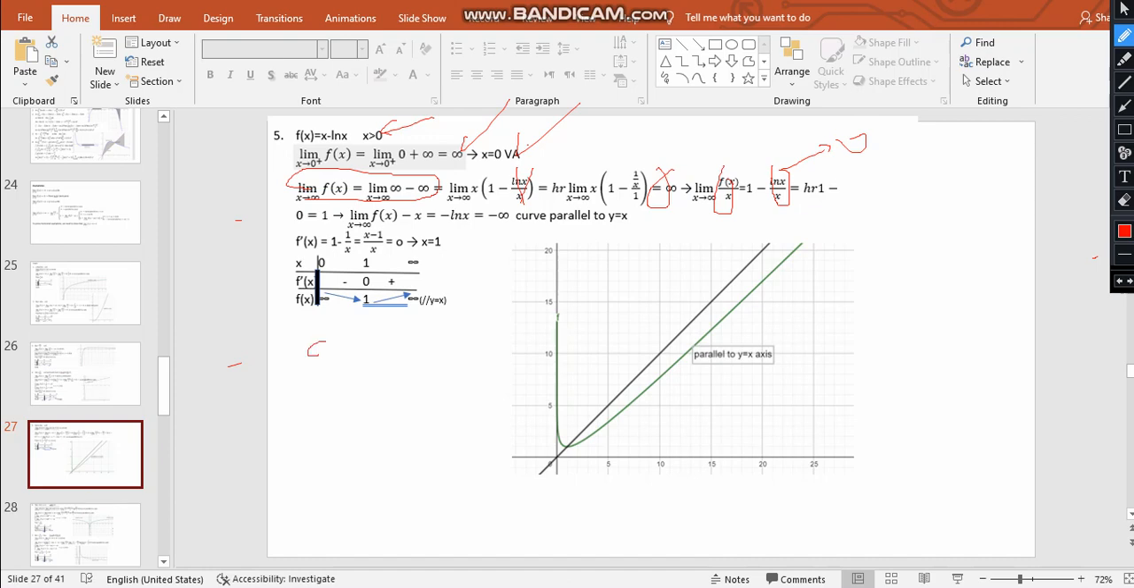This is the first time we get a equal to 1. Since a is 1, now we do f of x minus ax. So f of x minus ax. So you're going to get f of x minus x. So you're going to get minus ln x. And if you do minus ln x, you're going to get minus infinity. In that case, y